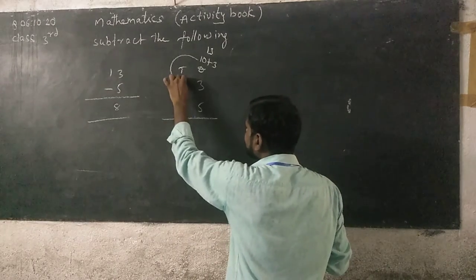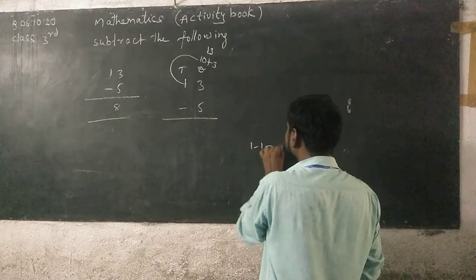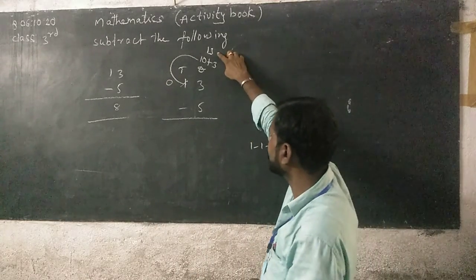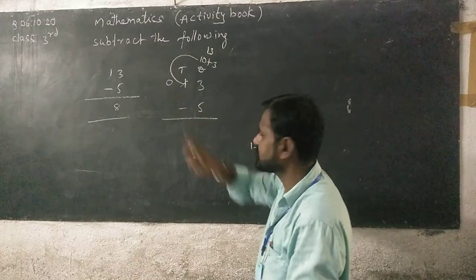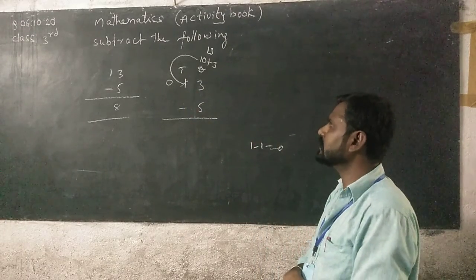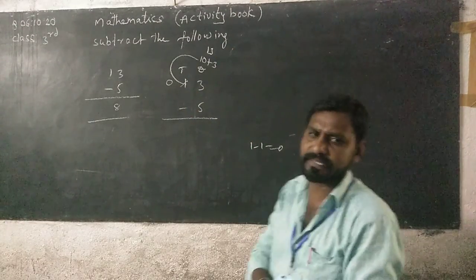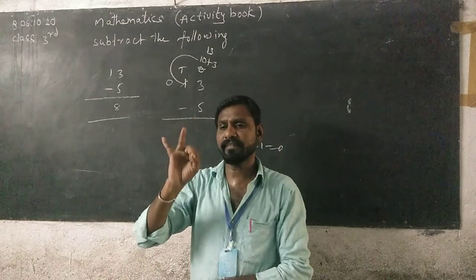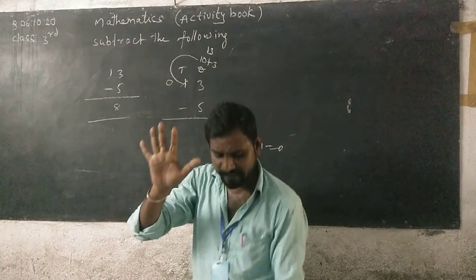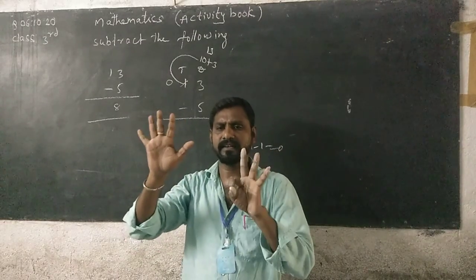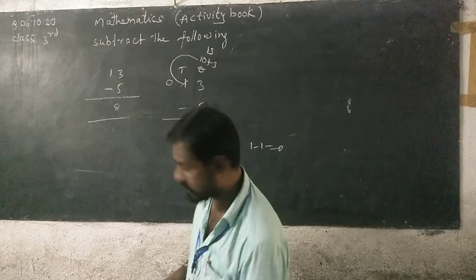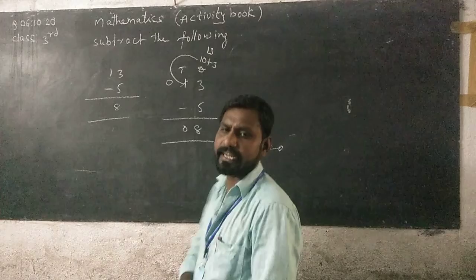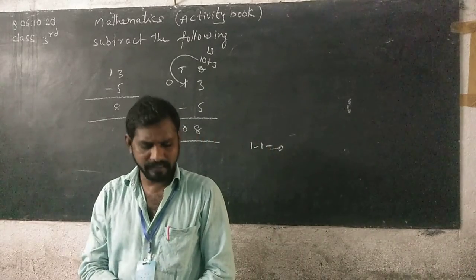So 1 is giving a borrow to this. It can last 1. 1 minus 1 equals 0. Here cut it and write down 0. Now the ones place 13 and the tens place 0. Then you can do the subtraction. See, 13 is greater than 5. So you can count 5 after 6, 7, 8, 9, 10, 11, 12, 13. 5 plus 3, 8. Now we can write 8. See here, 0, 8 means you can get 8. You can do like that the remaining problems.